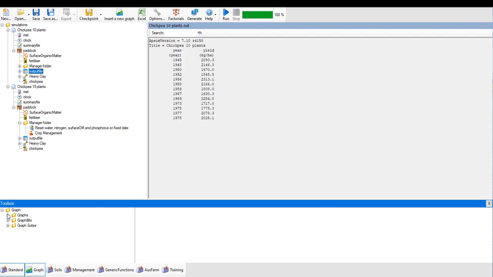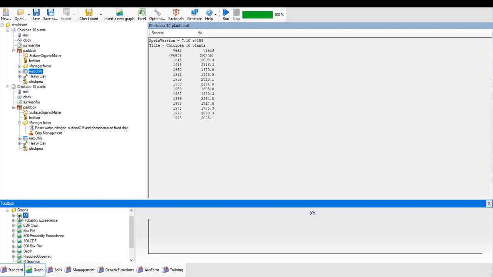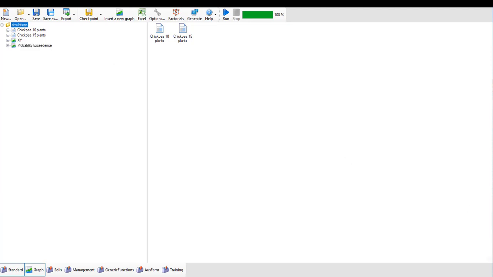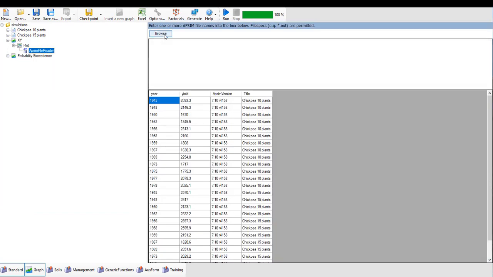So click on the graphs toolbox down the bottom, expand out the graphs node, click and drag up the XY plot and stick it into the simulations folder. And while you're here, grab the probability of exceedance plot and stick it into the simulations folder. Close that off now. Now if we expand out the XY plot node down to the AppSim file reader,